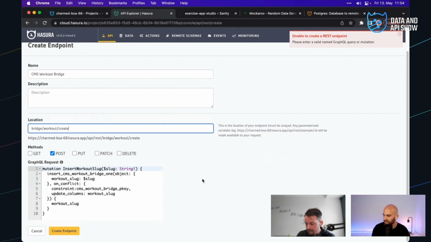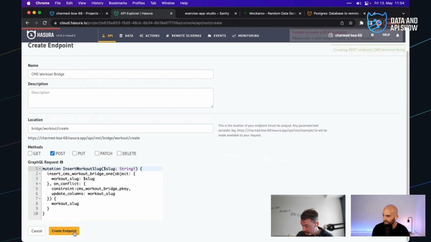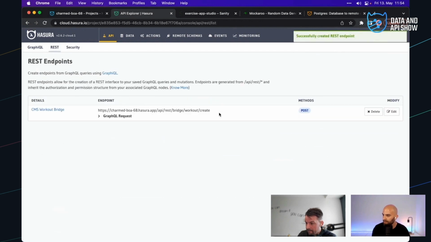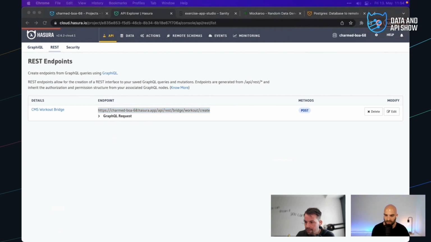Keep a nice RESTified nomenclature there. All right, so we got that create, and now we'd be able to use this endpoint, which I'll send over via private chat in our Restream here. Whenever we would create a workout, we could actually fire a slug over into our CMS. We have to give it the permissions and things, but yeah.